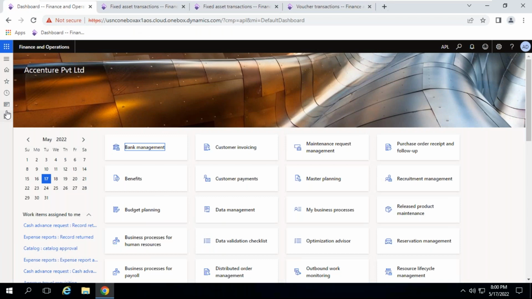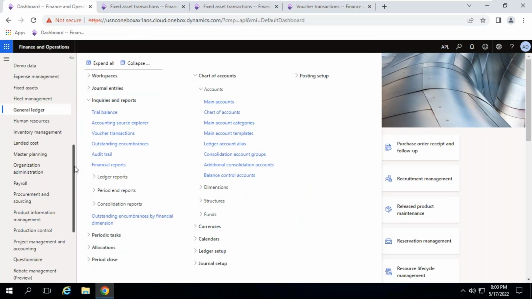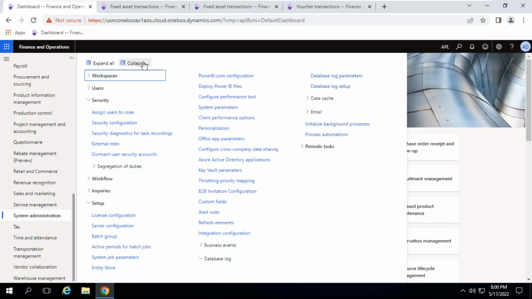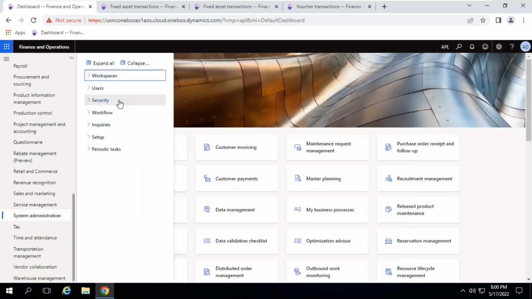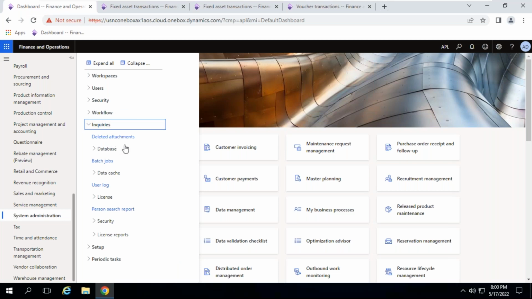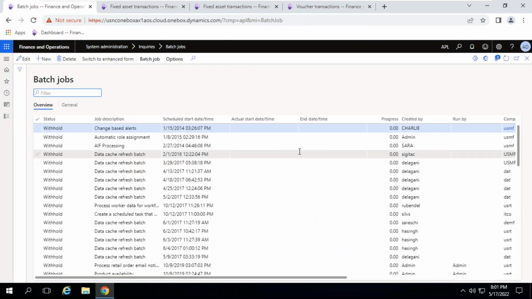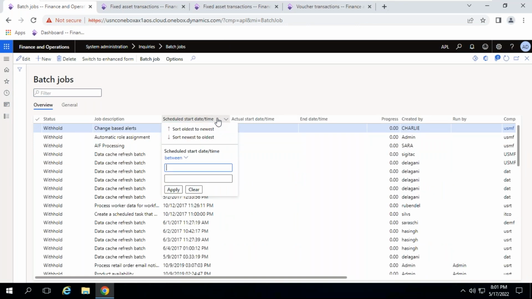Fine. For that, if you go to system administration, collapse all, inquiries, batch jobs. Here it will show you, based on the date, whatever the date you want. Today it is like